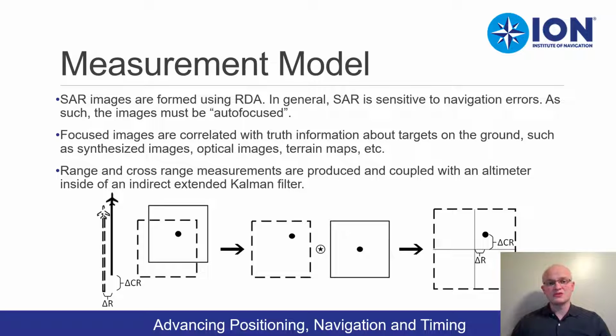For our measurement model, SAR images are formed from a flight line using navigation information containing estimation errors. The estimation errors cause defocusing in the images, which must be corrected with an autofocusing algorithm. The autofocused images are compared to truth information from the known ground targets. Offsets in range and cross range are then measured and coupled with altimeter measurements, and then these measurements are fed